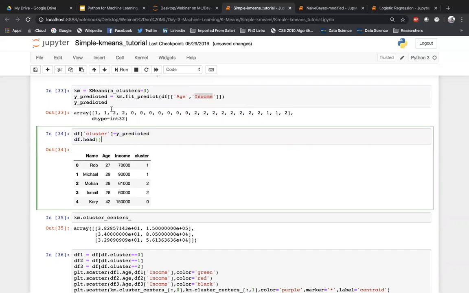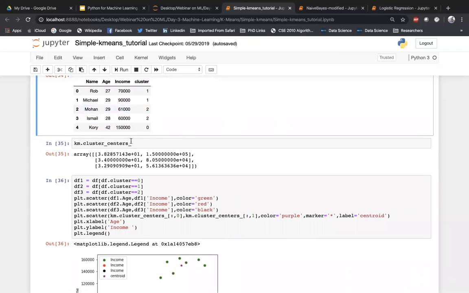Once that is done, I have displayed the same thing here. We got the clusters from the y predicted. So I put another column in the data set, called cluster, and I've given the cluster label. You can see that the first one belongs to cluster 1, the second one to cluster 1, the third one to cluster 2, and so on. If you want to know the centroids of the clusters, you can just use cluster centers, and this will give you the x and y values of each and every centroid.